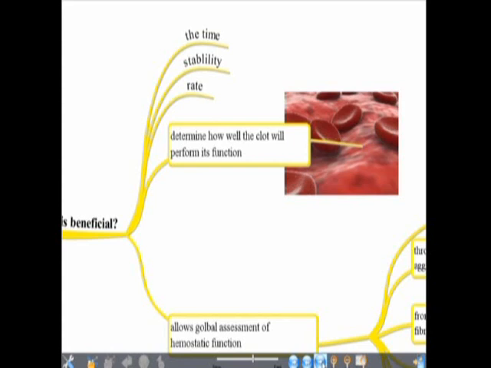What this machine can do is, if someone is on heparin, you can take a sample and